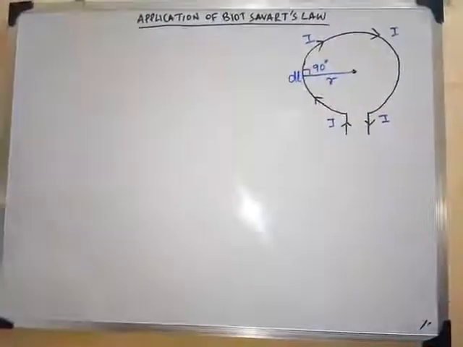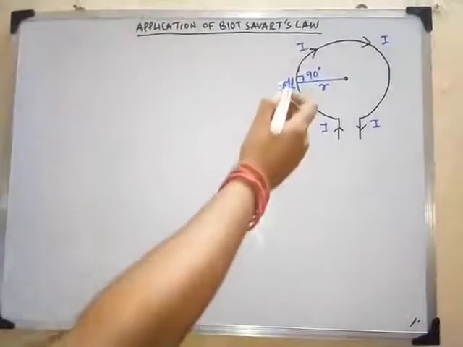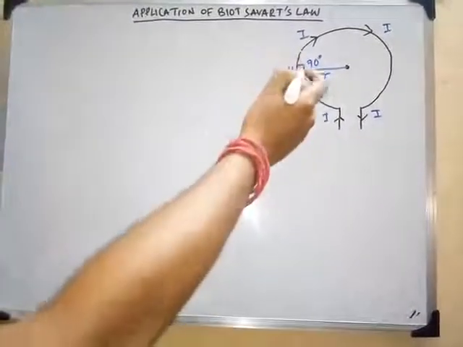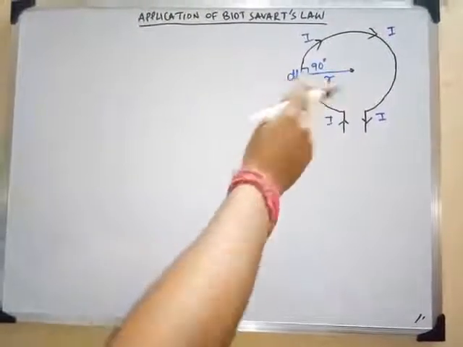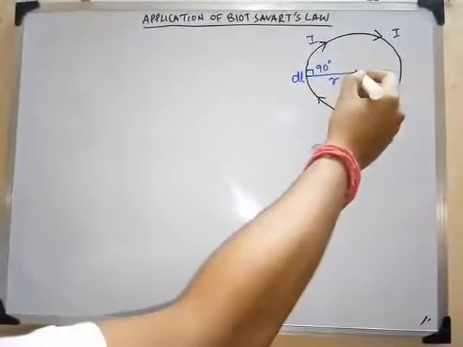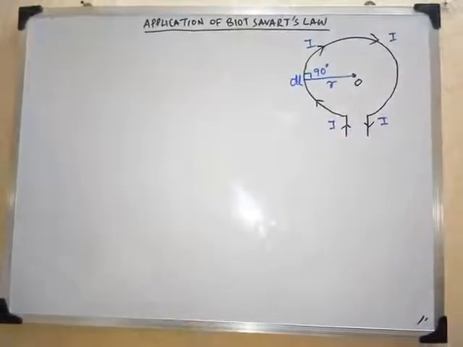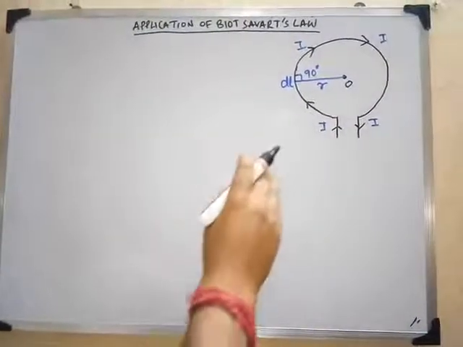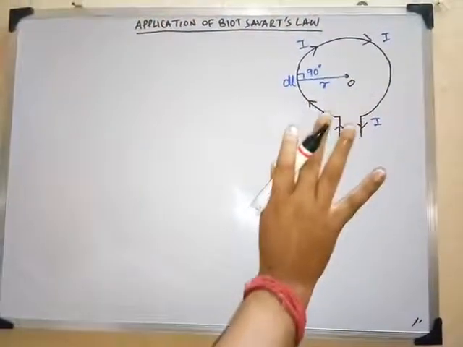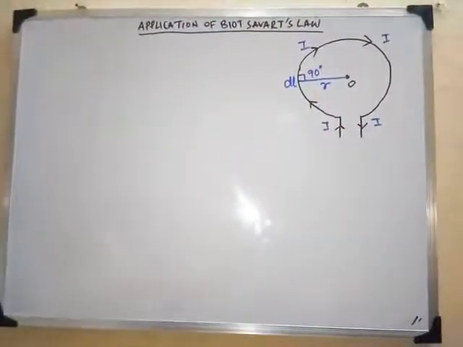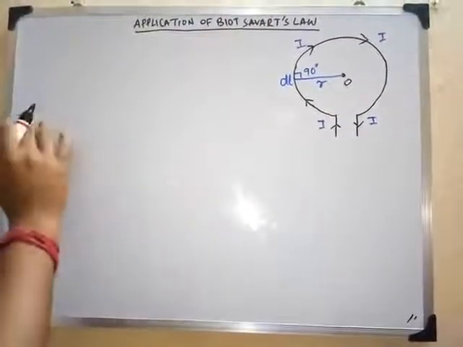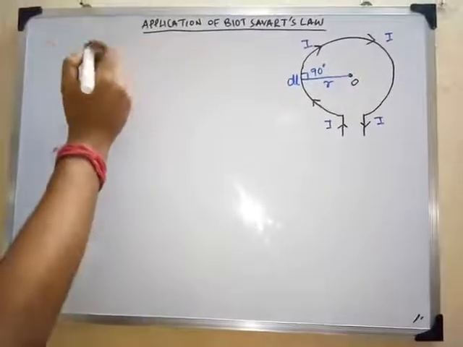So it's a circular kind of coil, and the total length you can consider as L, capital L, and we are considering a small length element dl, and that is at a distance of r from the center. We name this center as O, suppose. So we are going to calculate the magnetic field at the center of this circular coil carrying current, right? That is our job. So once we know this idea about this Biot-Savart law, we can very easily calculate this one also. So what we are going to do, I'm just writing it first.